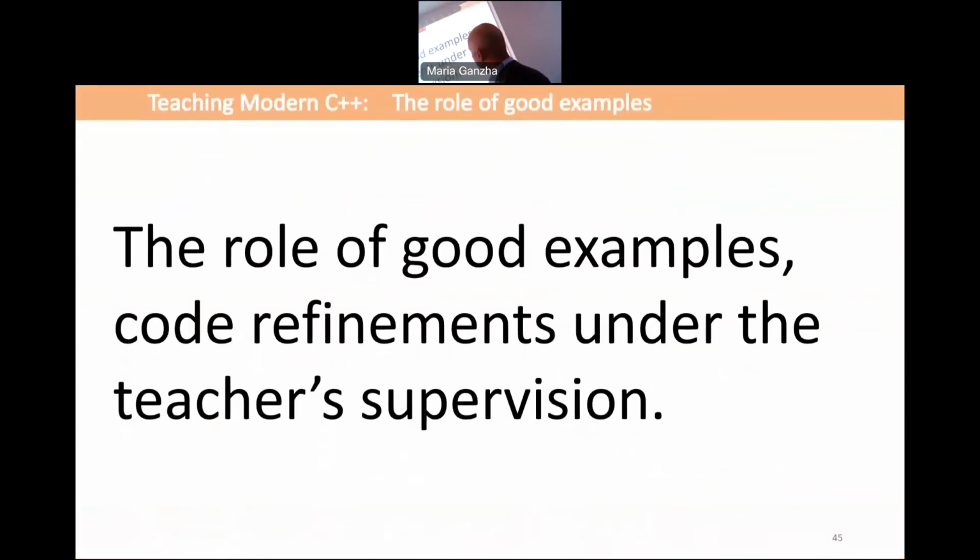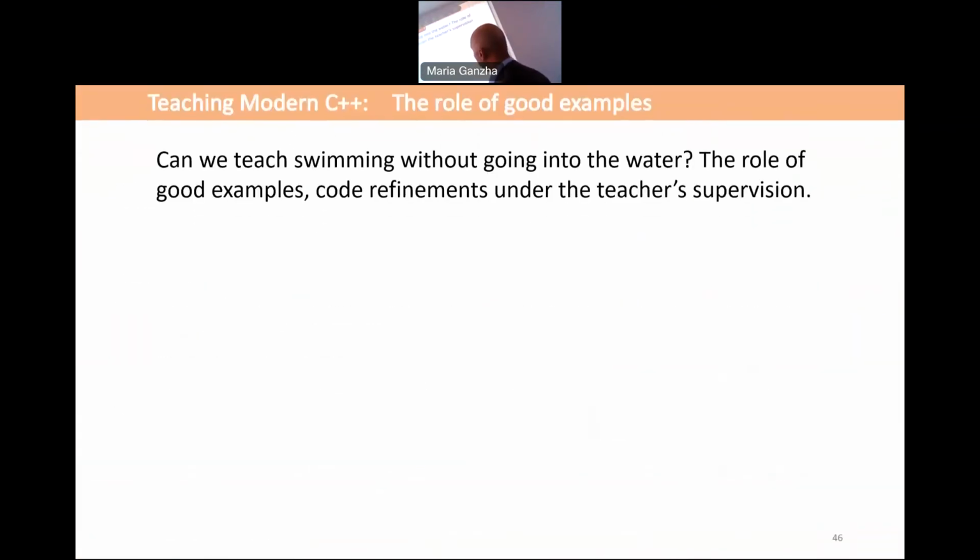And there are a lot of good examples. This is a very important thing. So we cannot swim without water. So we need to develop good examples. And when I was writing some materials, the book, this is the most difficult thing. If you try to reinvent something to show something, usually it is poor.